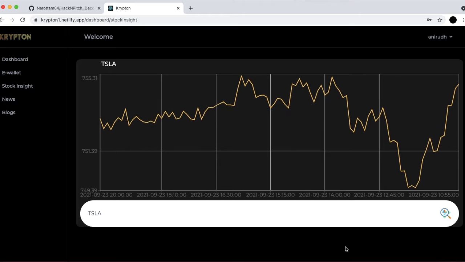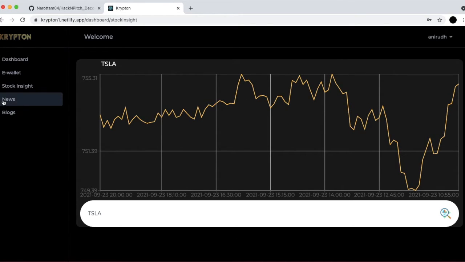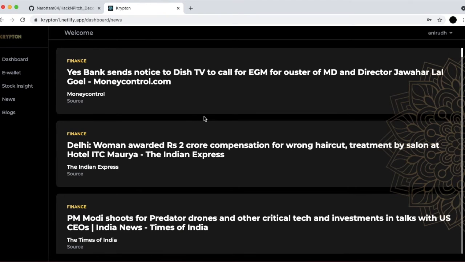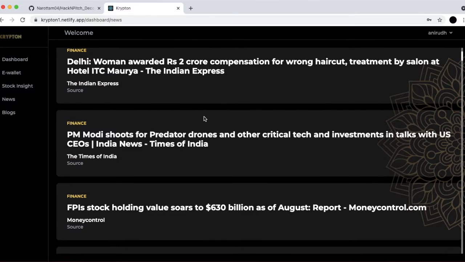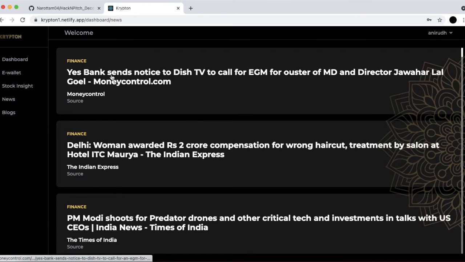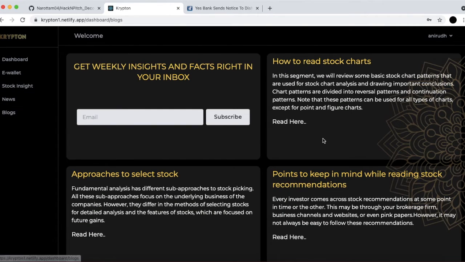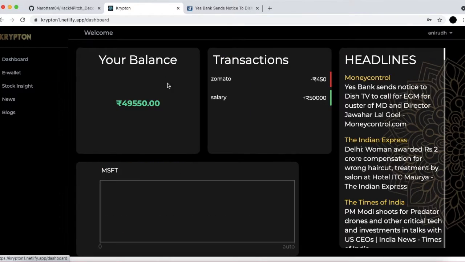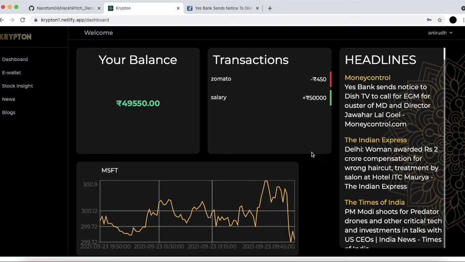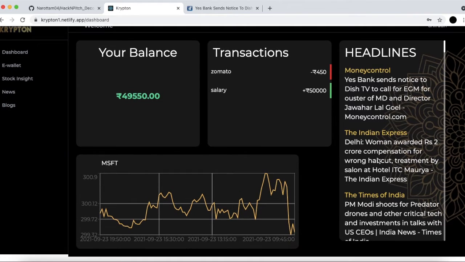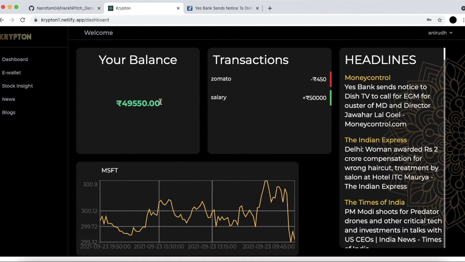Now for the news. For the news, we have used an API from Postman, which pulls in the news from all over India under the category of finance. This is really important so that people are financially aware about what is happening in the nation. Once we are back, we can go into the blog section where we have written a few blogs so that the users can read, which is necessary. Then we can see that the whole of the dashboard is really interesting, as it makes it easier for the user to see everything in just one glance.